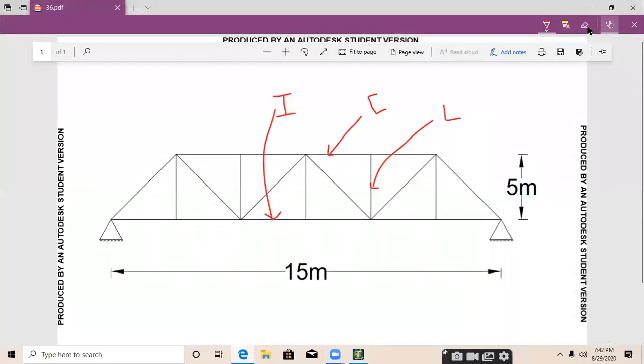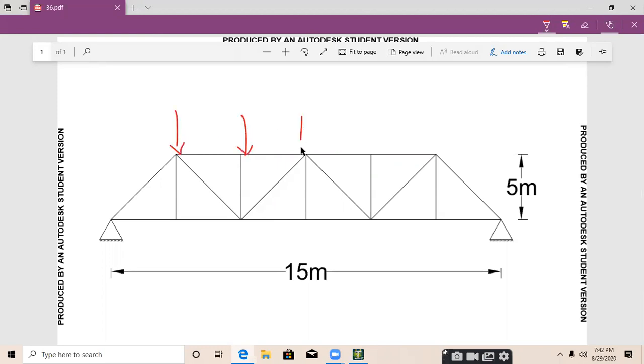Suppose I am taking a general load. For an example, we are taking this load as 10 kilonewton.